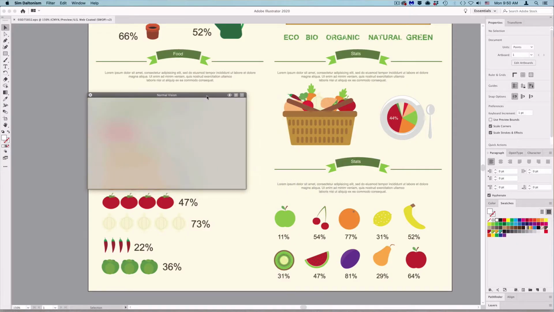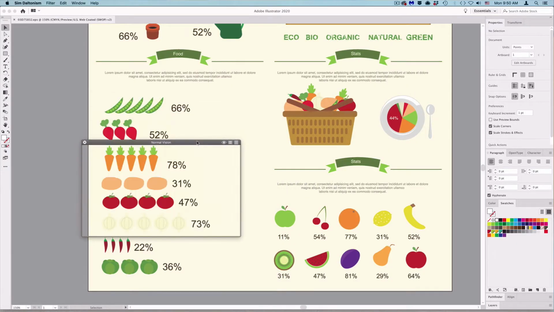Number 6 is Simulate Color Blindness. This is available as a mobile app, and it's also a Mac program that you can download. When you open it, it shows a window frame that you can move anywhere on your screen, no matter what program you're using, whether that's InDesign, Photoshop, Illustrator, or something else. Then you simply select from the menu or use the keyboard shortcuts in the menu to view whatever you're looking at within the frame in various types of color